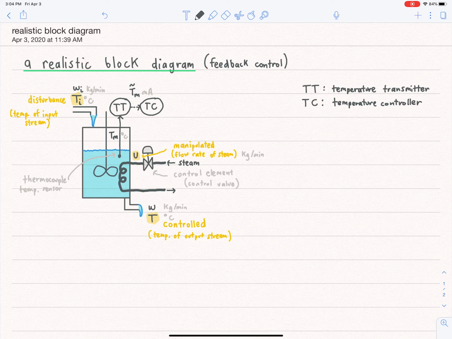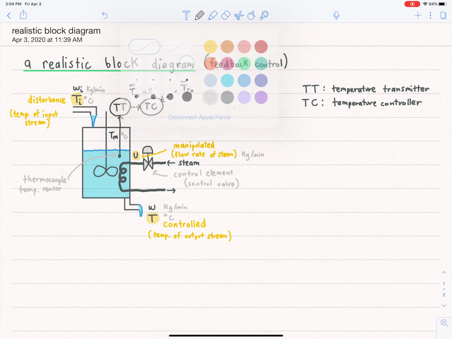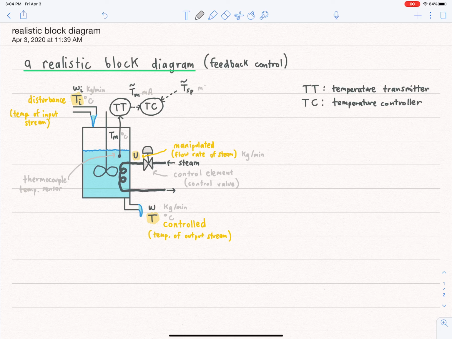And we also feed to our temperature controller a set point for the temperature. So this would be the set point. And I'll decorate that with a milliamp, with a tilde too, because this is going to be a milliamp signal sent to the controller by the computer. And then the temperature controller,